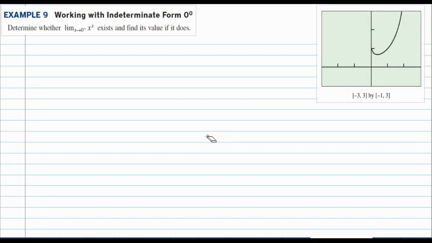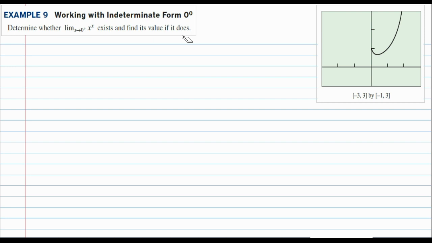This is the screencast for section 8.2, example 9, working with the indeterminate form 0 to the 0. Again, you've got this exponential situation, so that clues me in that I'm going to be using logs, but let's see what the actual problem looks like. Determine whether the limit as x approaches 0 from the right of x to the x exists, and find its